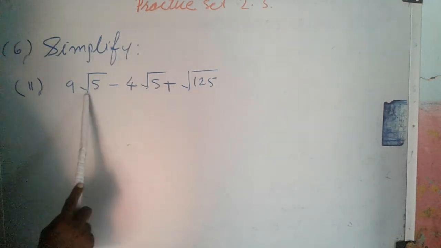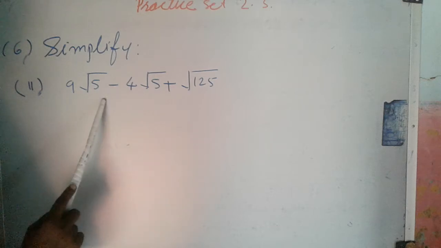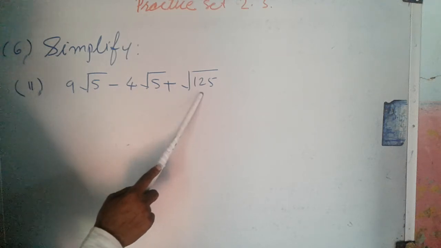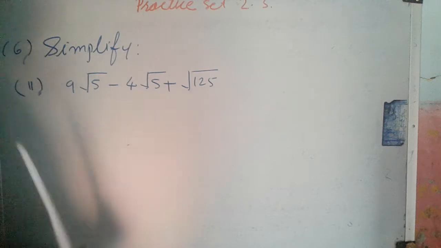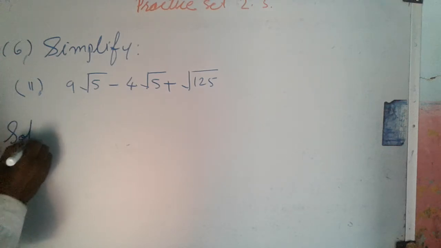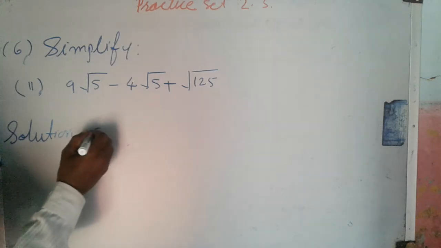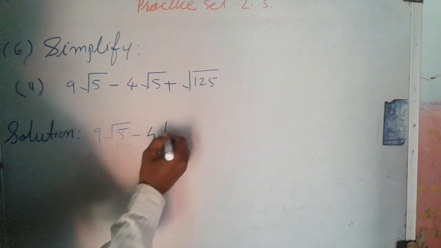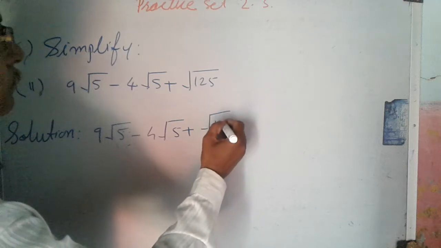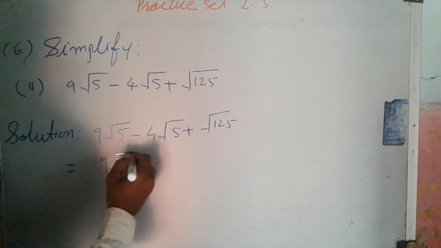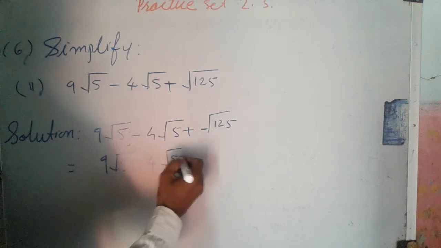Now here order of each surd is equal. But radicands are not equal. Here it is 5, 5 and here 125. So we will simplify this so that the radicals should be equal. Nine root 5 as it is, is equal to 9 root 5 as it is, minus 4 root 5 as it is, plus